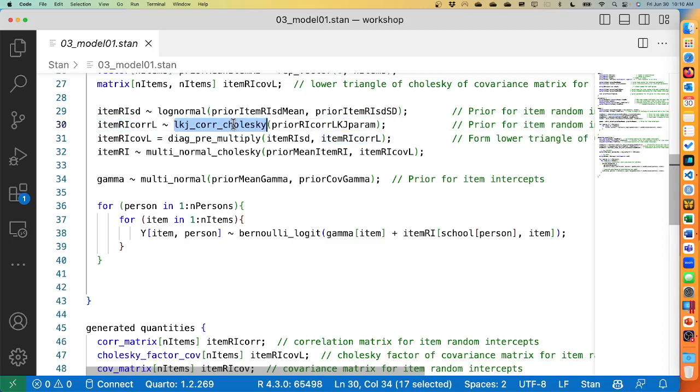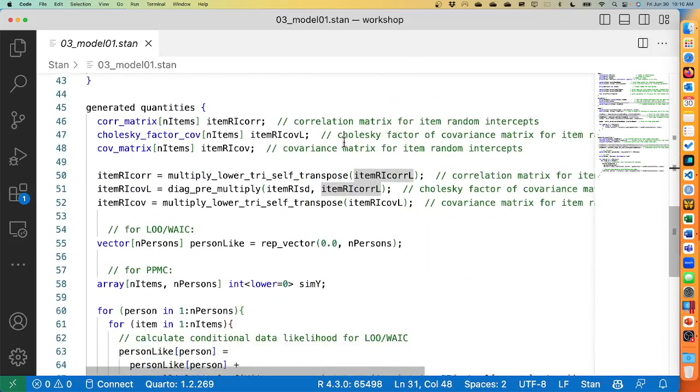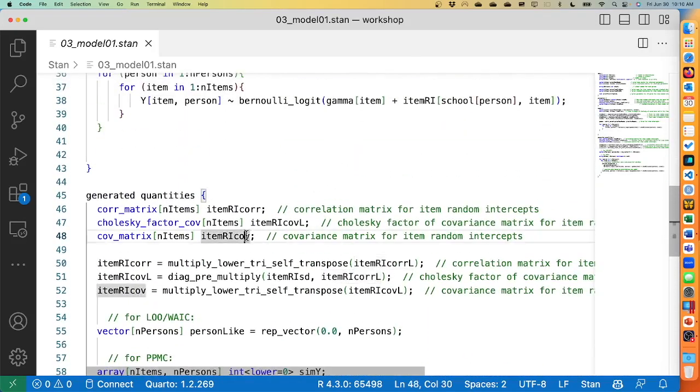which you may not appreciate now, but let me tell you from my background, this is amazing. I wish they had it in 2002. And that thing will have a prior hyperparameter that's almost always 1 unless we have estimation difficulty. And then we put the two together into the covariance matrix by using a diagonal premultiplication of the standard deviations with the lower triangle. So to just stay on the parameter side just a moment, what we will want to do is to